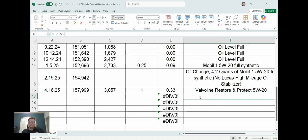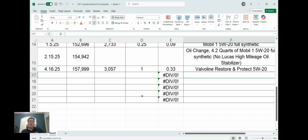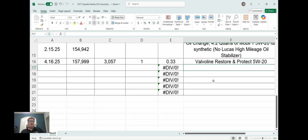So kind of my long-term plan is Valvoline Restore and Protect 5W20, check it every 1,000 miles, starting with the next oil change 5W30 of the Valvoline Restore and Protect. Check it, just keep checking it every 1,000 miles. And I think I'll just keep doing that for a total of 20,000 miles of service on the Valvoline Restore and Protect over the course of those four oil changes. And then at that point, if it's still